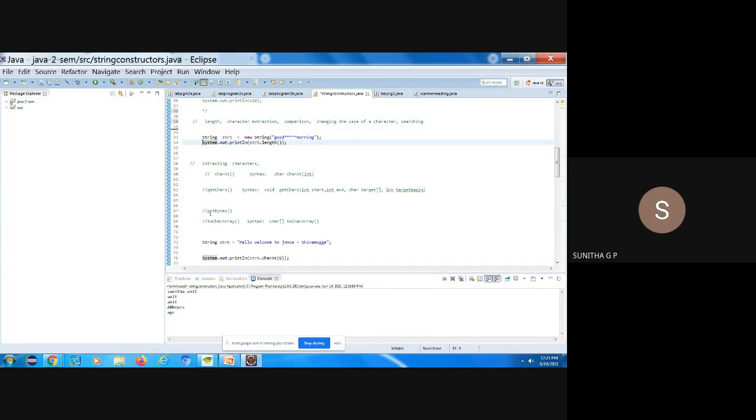Okay. So next is getBytes. With getBytes, whatever characters you have extracted from the string, their ASCII value, their numerical value, will be produced. For getBytes, there are 4 types of methods available, but whenever I tried all 4, for 3 of the types I'm not getting the proper output, and in the book only one type of method is explained. So there the extracted characters will be properly mapped to their ASCII values. So that example you can use.